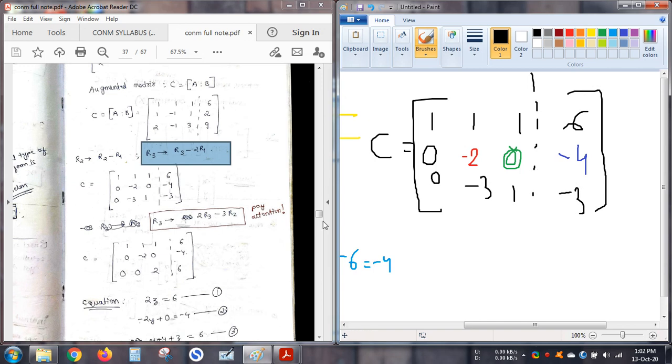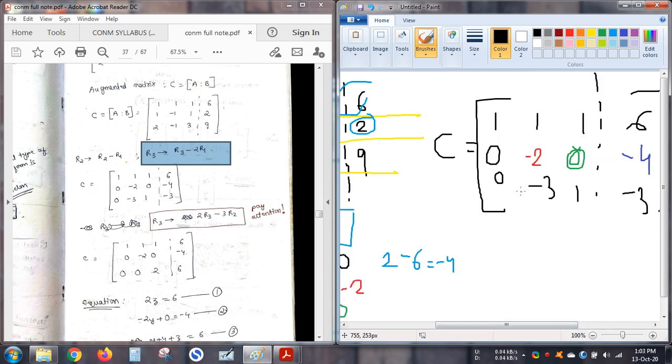Now the second operation, now my target is, okay, I'm sorry. Just hold on, I made a mistake. The mistake was that I have not applied any operation over here. I only did it on R2, so I should not write this. It should be the same as it is.